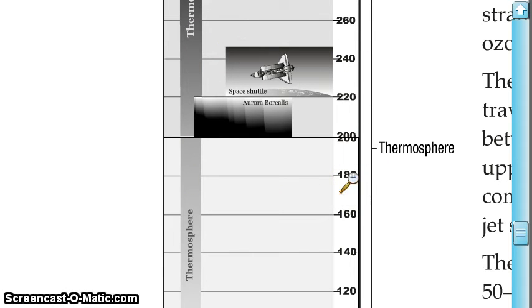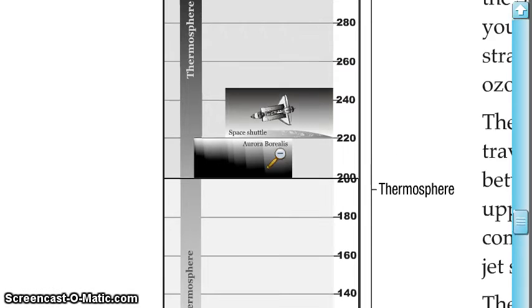With the ionosphere, particles that come out of the sun, especially when the sun is having a solar storm, will interact with this ionosphere and the thermosphere, and it will cause the atmospheric molecules in this level of the atmosphere to kind of glow, and we call that the aurora borealis, or northern lights. There's also the aurora australis, or southern lights, for the southern hemisphere. So that's one of the big important things for the thermosphere.